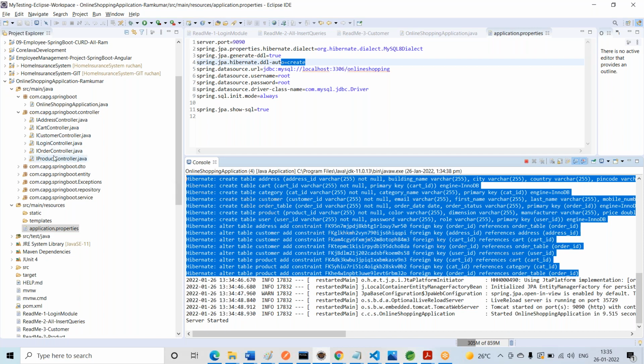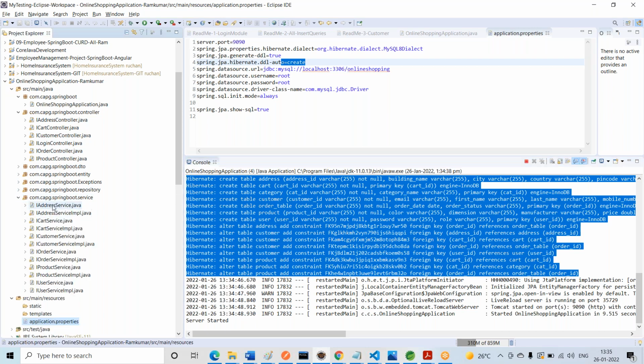Before going to that, let's see all the modules. In the controller package: address, cart, customer, login, order, and product modules. The same for the service layer: IAddressService and its implementation, ICartService, ICustomerService, IOrderService, and the user service. Already we discussed some of these.